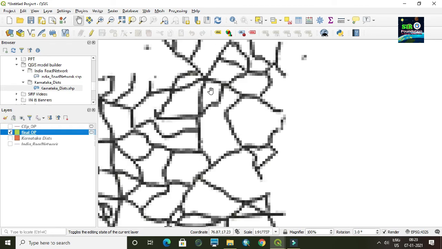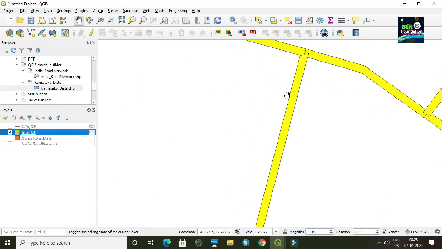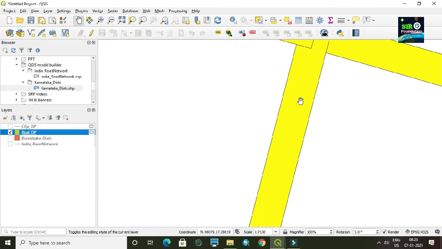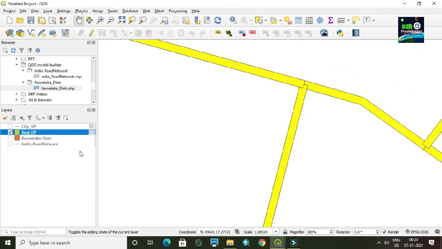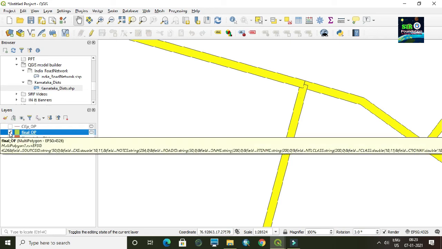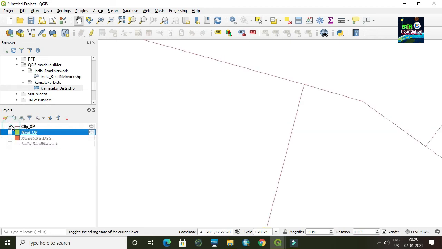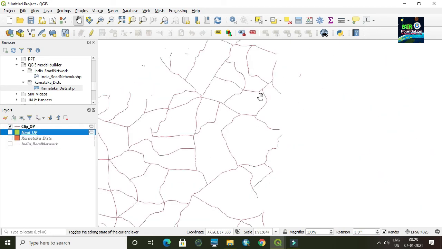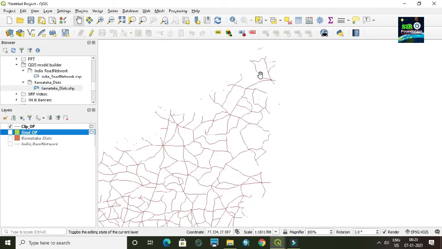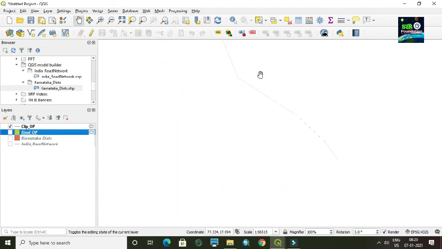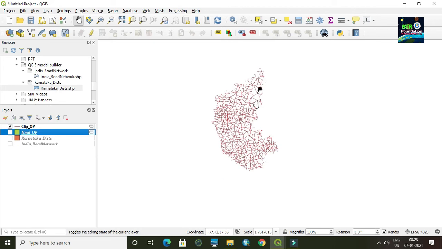The buffer you can also observe, a 1 meter buffer on both sides of these roads. If you want to see only the clipped output, then you can click on the first file. Here you can only see Karnataka's road network, no buffer. Likewise you can build your model.